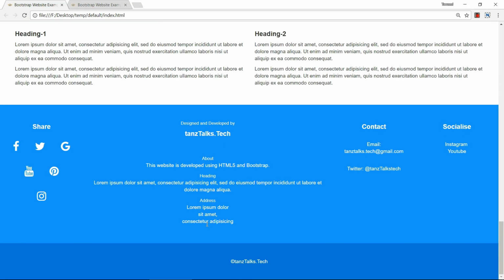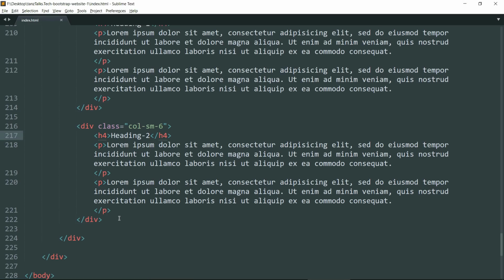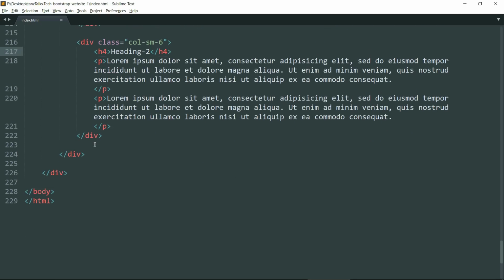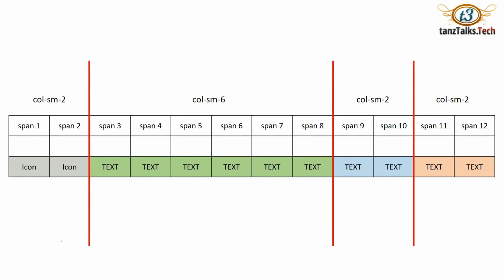Now we need the box just above the footer, that blue colored box above the footer. This is the layout for the blue box that we are going to create, the box just above the footer.